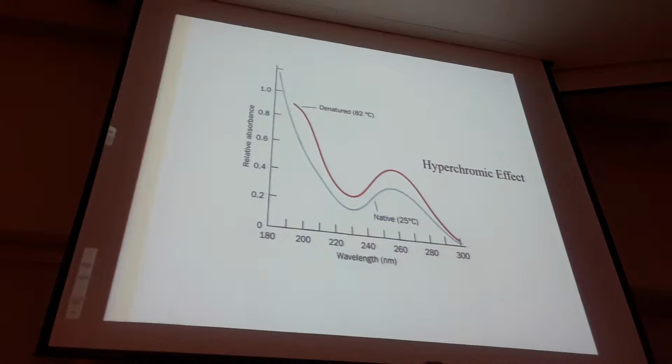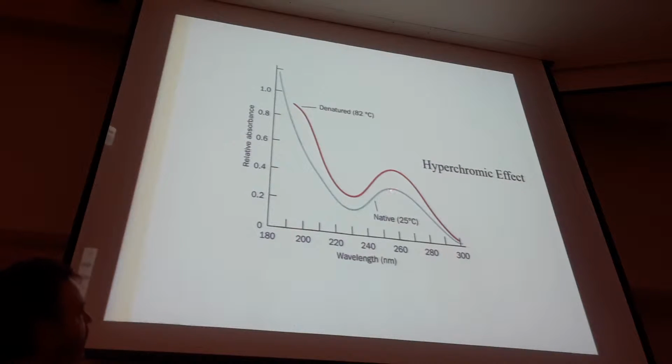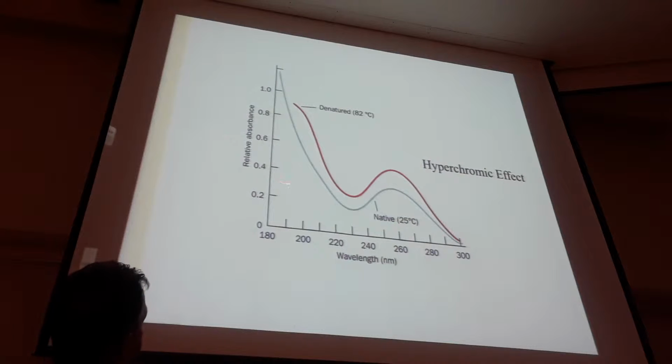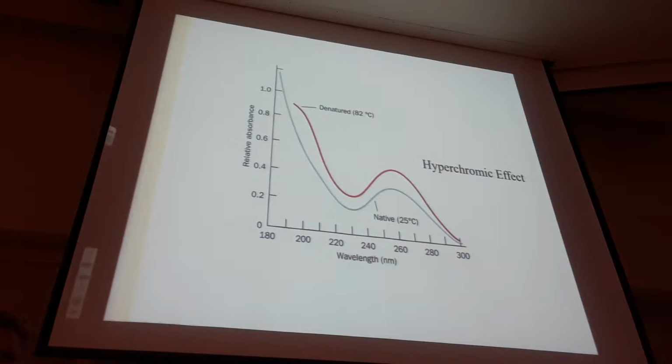So what one can do is just put a sample of nucleic acids in a cuvette, put it in a spectrophotometer, set to 260 nanometers, and measure the absorbance. Let's say you have the absorbance measured at room temperature, 25 degrees, and you get a certain value, maybe 0.3 or 0.35. And then if you have a spectrophotometer that allows you to heat your sample, and you just follow the absorbance at 260 nanometers, you will see that